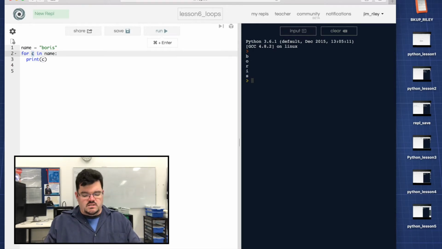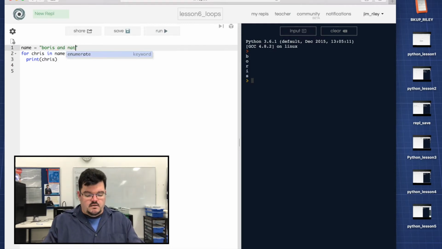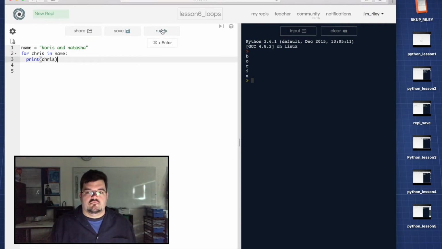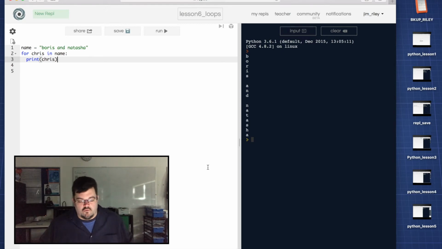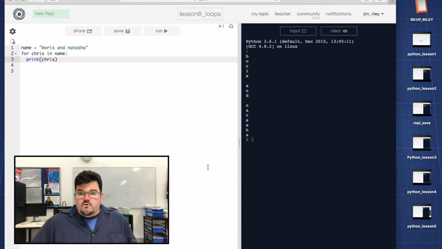I can change this little C here to be something like Chris, because it's just a variable name. And as long as I'm printing the right thing, every single time I do it, Boris will print out correctly. I could say Boris and Natasha in the name. Mood lighting again. Woo! And there we go. Prints them out perfectly for me, Boris and Natasha. So that is a for loop, and there are a whole bunch of different things that you can use the for loops for,